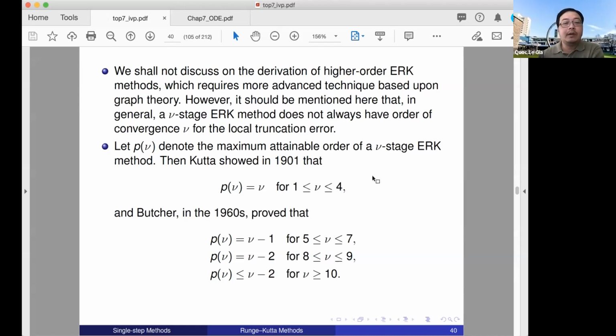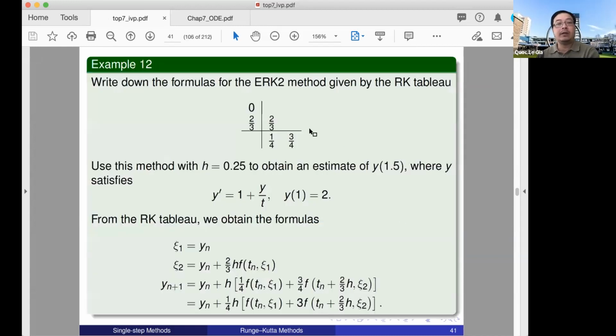They don't use higher order because it becomes a little bit cumbersome to have all the xi1 up to xi nu. And the next, this one is an example of the Runge-Kutta method of order 2. We wrote it down already. Here you see that